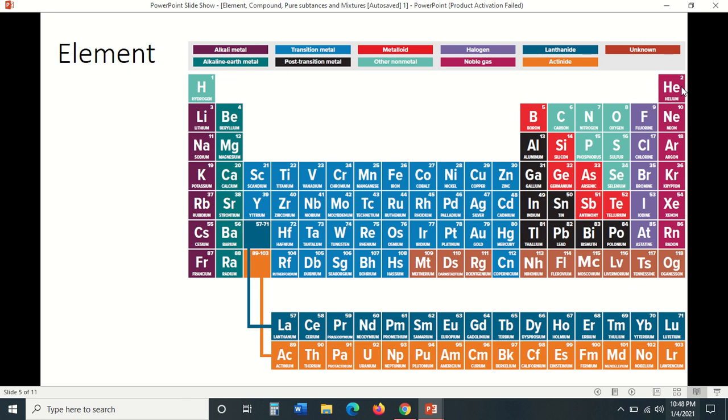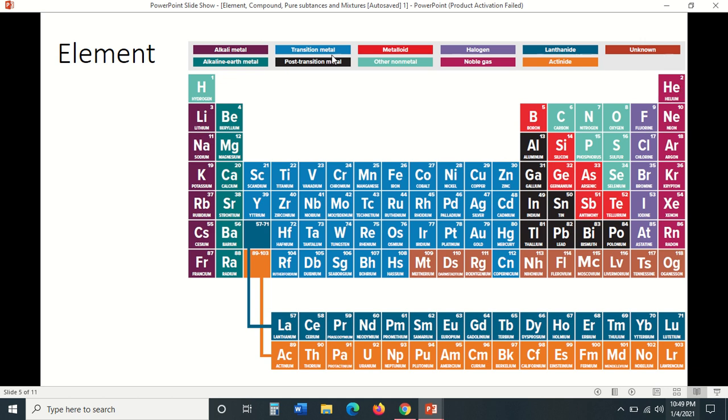Helium just stands by itself. So you will find helium in its own state and not in a compound state. It also happens in neon, argon, krypton, xenon, and radon. They cannot form together, not like sodium and potassium, which can form together to make a compound. And helium is the lightest element that cannot form a compound.